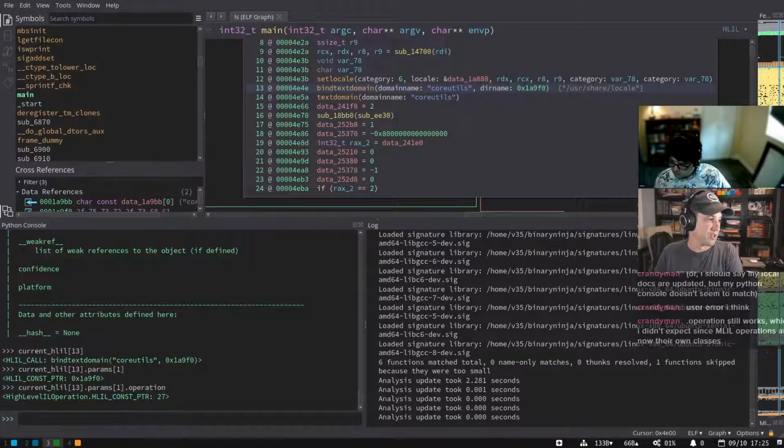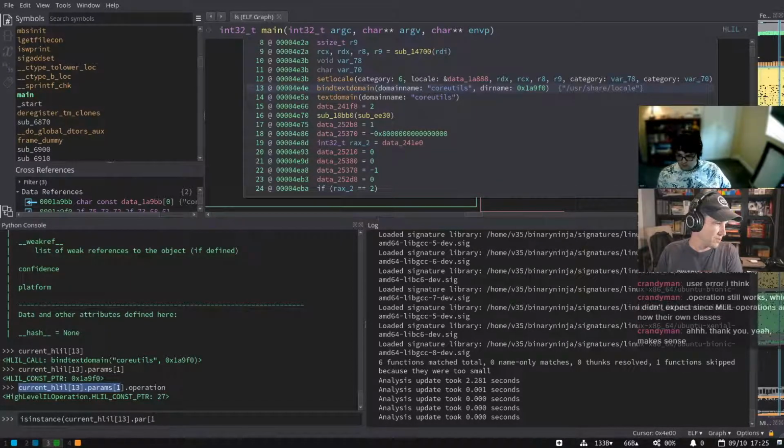So for example, on this one, I should be able to do isinstance on current, well, not the operation, but just this part. So if this parameter, oops, okay, let's just type it out. Current high level IL 13.params sub 1.